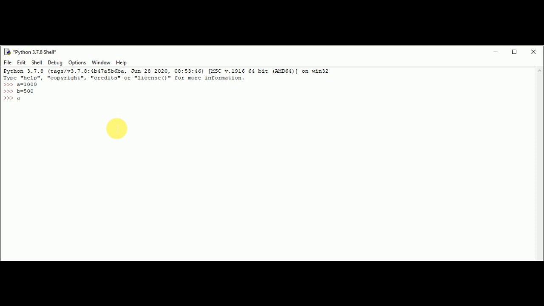Now if we apply the condition a is greater than b, it will give the answer true because a has the greater value. Then if we apply a is less than b, it will be false. Similarly, if we apply a is greater than or equal to b, then it will be true.